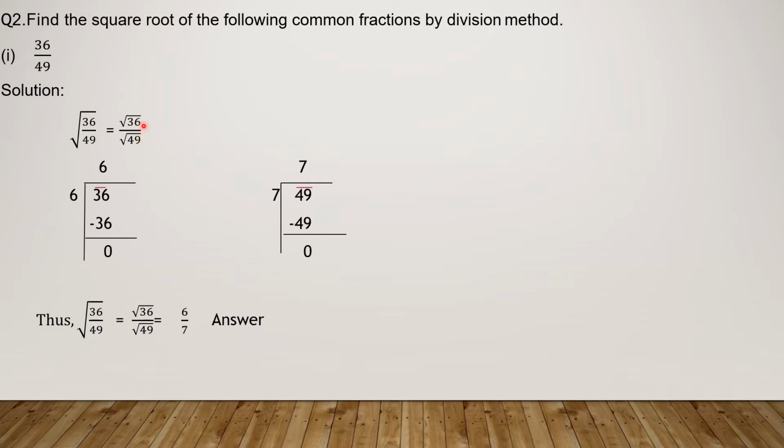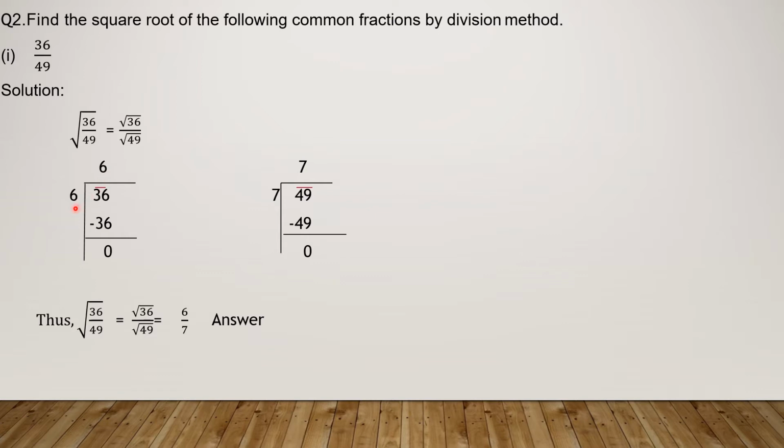Now students, first we will take the square root of 36 by the simple method that we learned in question number 1. How? First of all, we will draw the lines just like this. Then we will write our number, 36, inside it. Then we will make pairs from right to left. Only one pair is here, that is 36. After this, we will think about a divisor so that we multiply this divisor with itself. Must remember, in square root we have the same digit in the divisor and in the quotient. If here we have 6, here we must write 6.